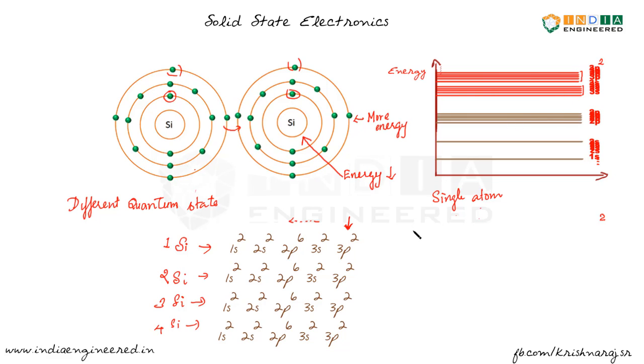So we have so far considered only 4 silicon atoms, right? In 1 cubic centimeter of silicon crystal, we have around 5 times 10 to the power 22 silicon atoms. So the atomic density is 5 times 10 to the power 22 silicon atoms per cubic centimeter. You can imagine the number of lines you would have to draw here. This is a really big number, and they essentially form a continuous band.